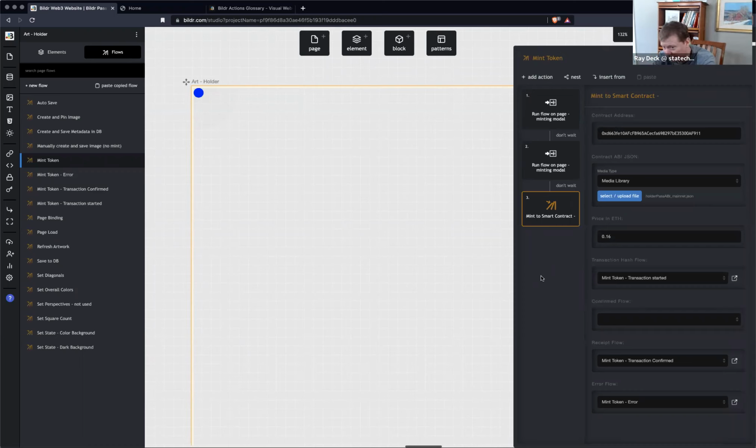I see how you're setting the native token to get passed through. What I'm not seeing is where it decides which function to run on the contract. Oh, right. So in this case,